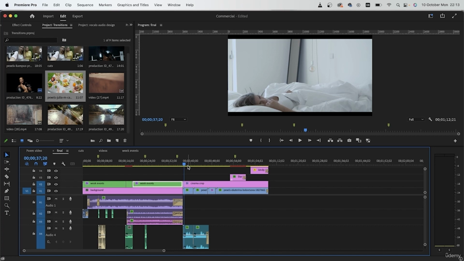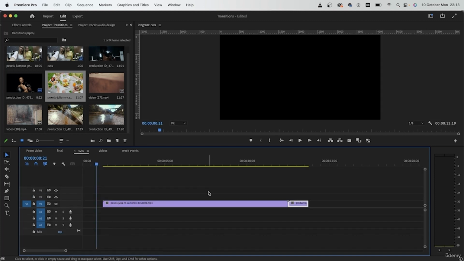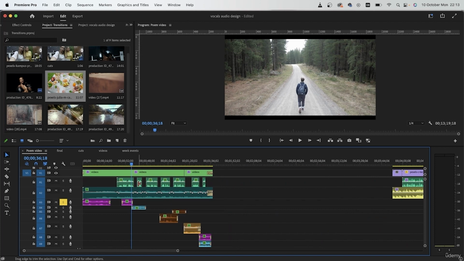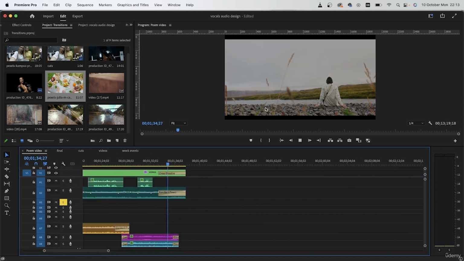So we created that tension with really fast cuts, and then we jump into this scene of the subject just sleeping. So the audience feels the tension, feels the suspense, and then they get greeted by a really peaceful clip. The next cut is a very basic cut, which isn't as popular in professional settings unless you're trying to create something peaceful. So if we go to our poem video lesson, at the end of our video, we have a